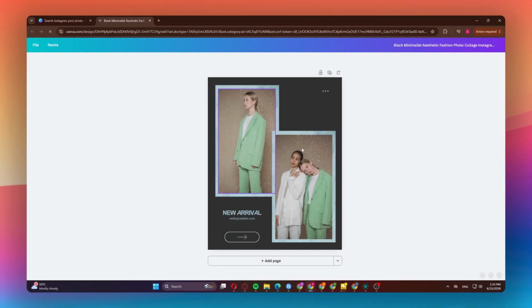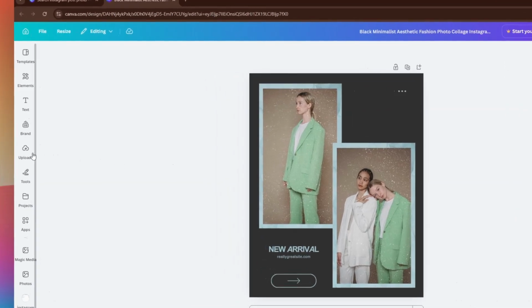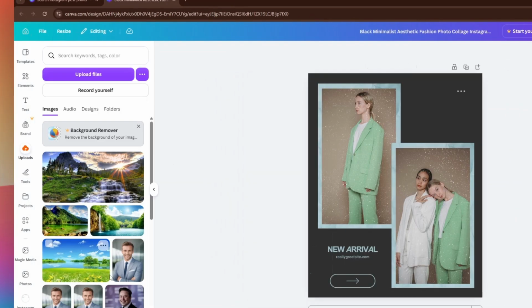Next, click the Customize this template button to instantly open your chosen template for editing. Now, select the Uploads option in the sidebar to access the area where you can add your own photos or